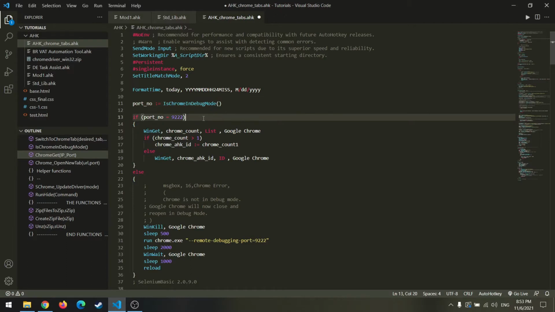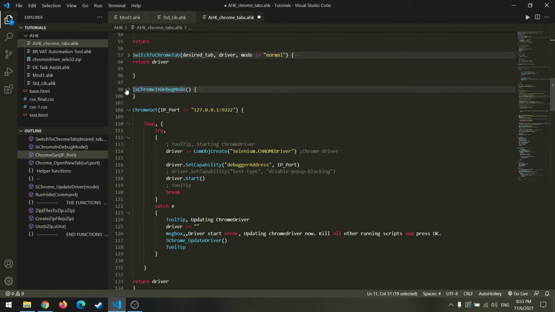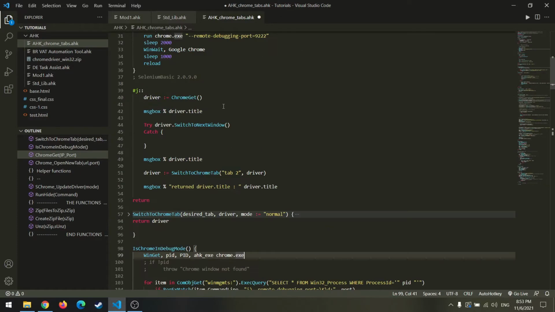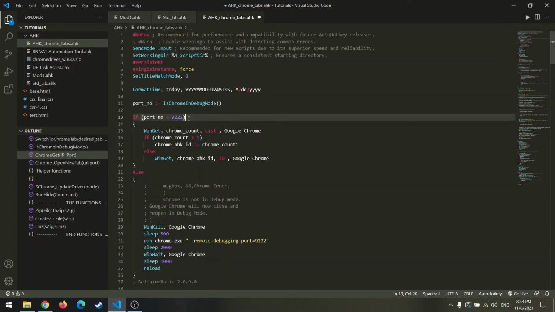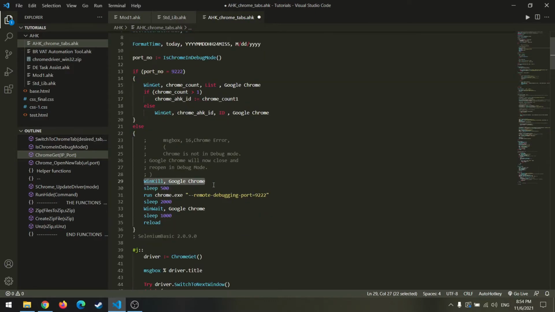And the way we do it is using the debug mode. First we check if in case we already have a Chrome browser open, which port it is open in using this function, which is here. Here we are just getting the port number for this process, which is chrome.exe. Once we have the port number, we compare if it is 9222, which is the debug port number for Chrome browser, and if it's not, it would kill all the running instances of Chrome browser and open a new instance